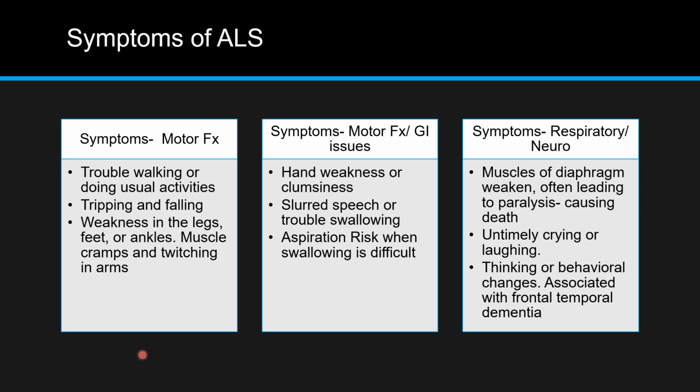Symptoms of ALS. The symptoms of ALS vary from person to person. Symptoms depend on the nerve cell that is affected, like I said. ALS generally begins with muscle weakness and spreads and gets worse over time. Some motor function changes that might happen early on: trouble walking or doing usual activities, tripping and falling, weakness in the legs, feet, or ankles, muscle cramps and twitching in arms,